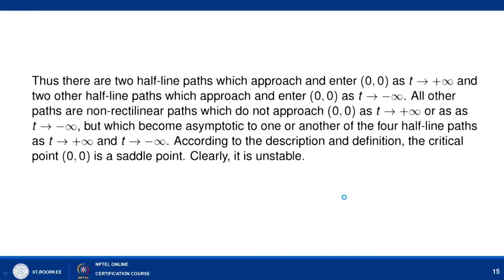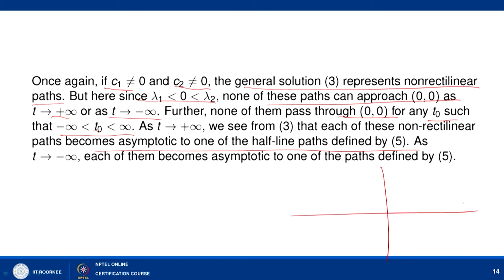So it means that if you look here, we have a path line like this. The solutions are tending to the origin along this line and moving away along the other. If you take any point here and the solution starts from it, it will try to come to the origin along this line, but as it gets near the origin, it will tend away from 0 comma 0 along the other line, right.